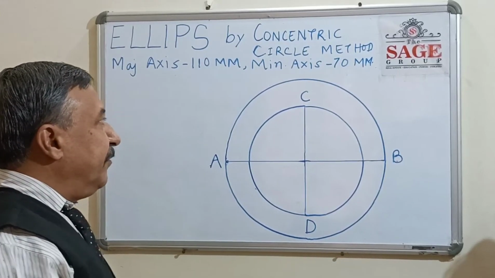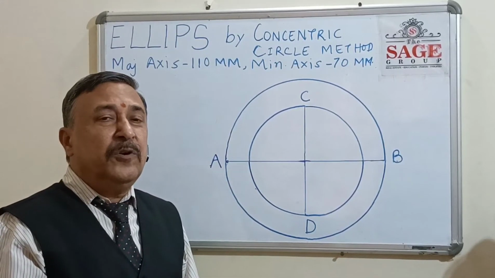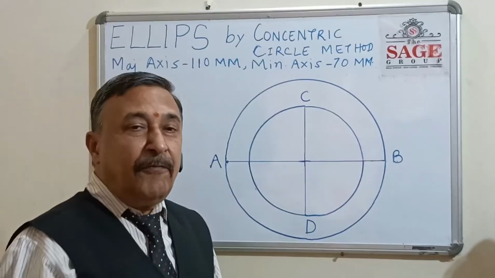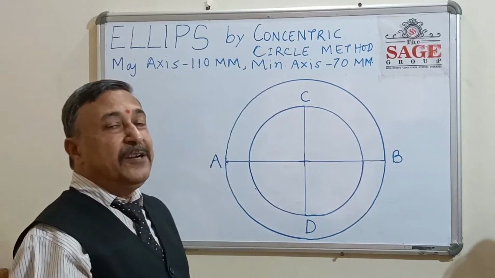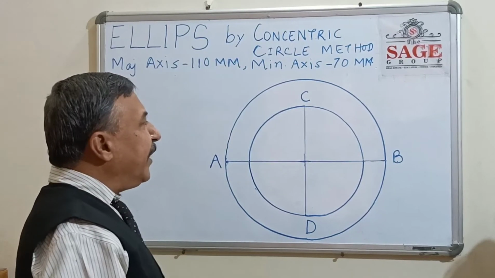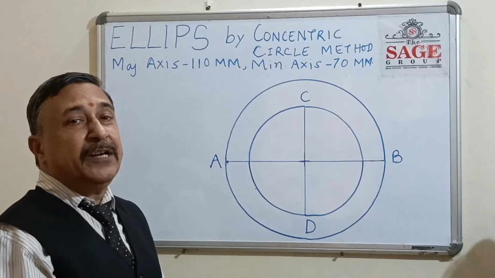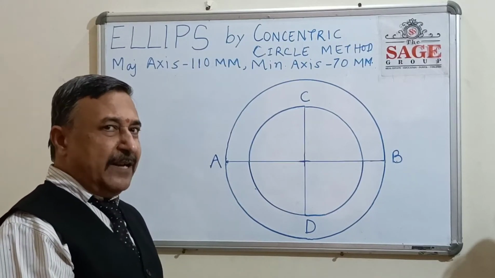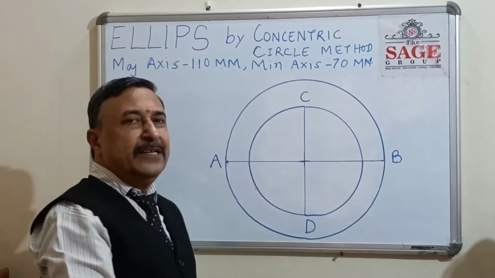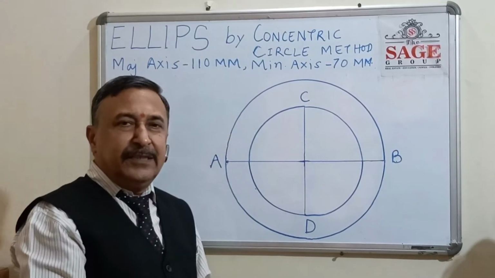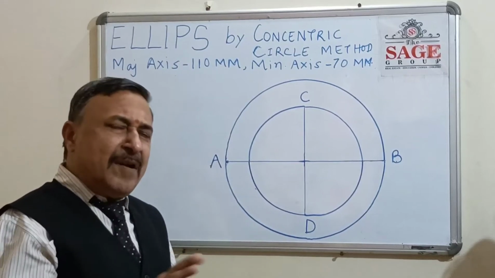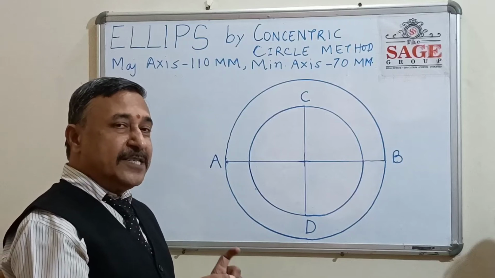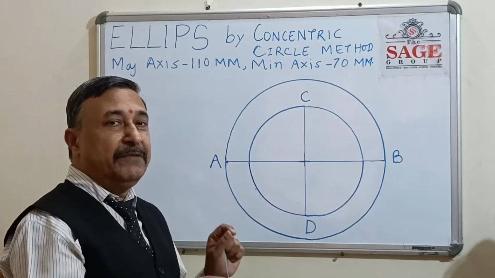Now we have to divide these circles into 12 equal parts. Do you know the construction of dividing a circle into 12 equal parts? How do we divide a circle into 12 equal parts? Now see here. If we divide the smaller circle and then extend, the major circle is automatically divided. Now see here, I am showing the construction of how to divide a circle into 12 equal parts.